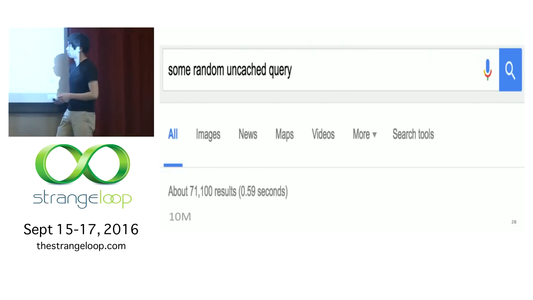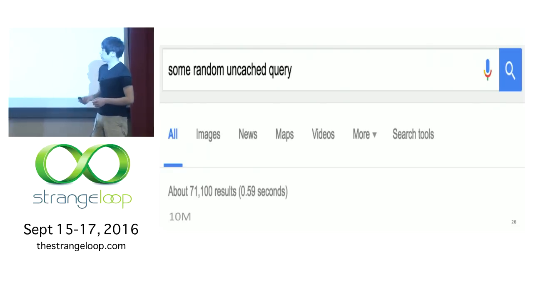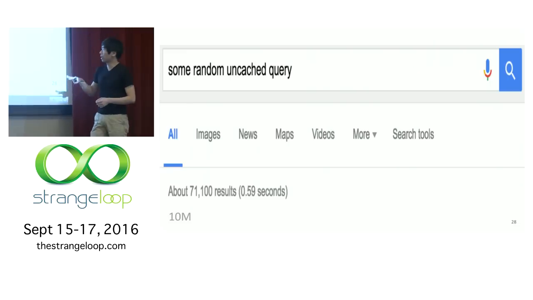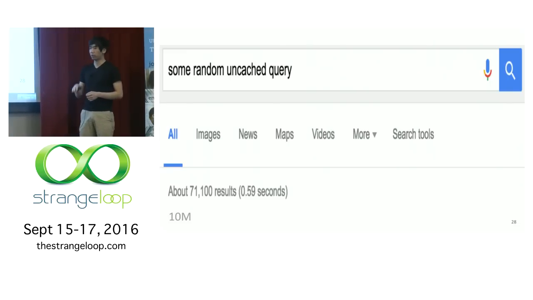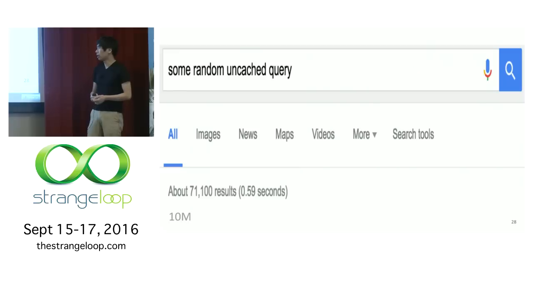OK, so here's a search query result. This comes back in 0.6 seconds, right? This is pretty common. Most search results will come back in half a second or less. But this search result, this is basically you typing a thing at your computer. It does a bunch of stuff, goes over the internet, goes to some servers. That does a bunch of stuff, goes back over the internet, comes back to the computer, right? So it's doing all that. And this is like half a second-ish, right?